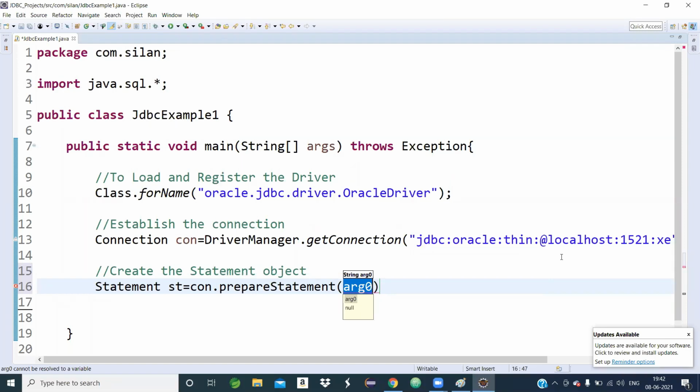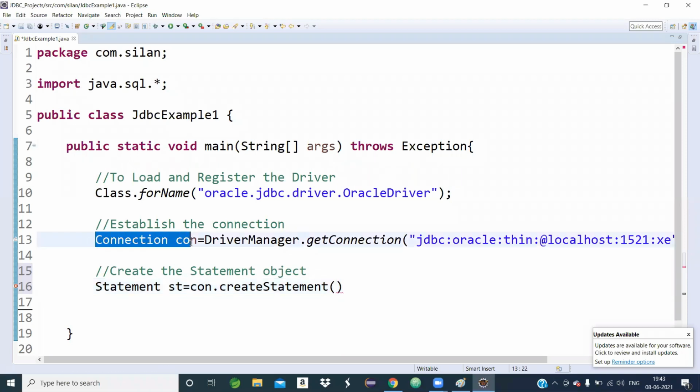Con is the connection object. So either in this way, or I will write another method, createStatement. You can write it also in this way. So what is con? Con is the connection object, which I have already specified.